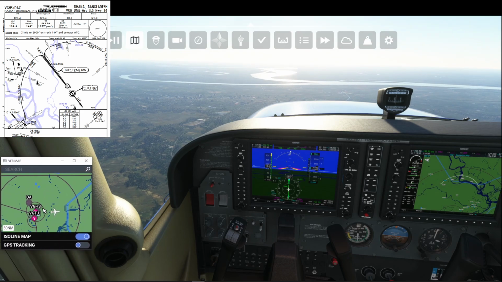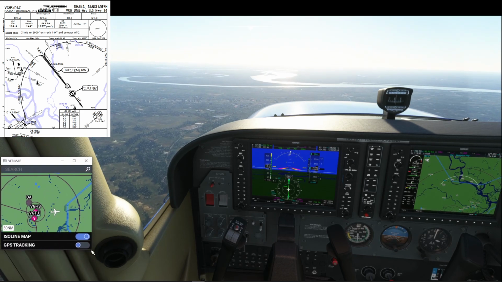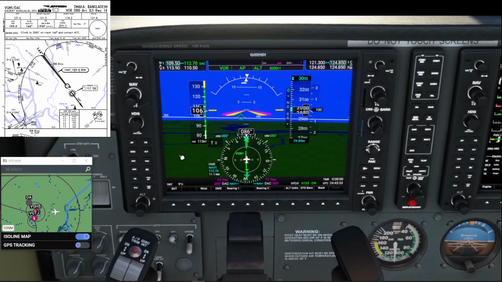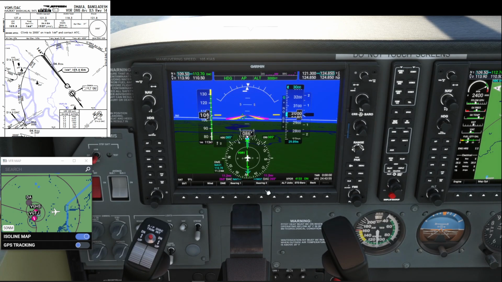Here you will see another picture of the VFR map. So at 11 miles I will switch to heading mode now,